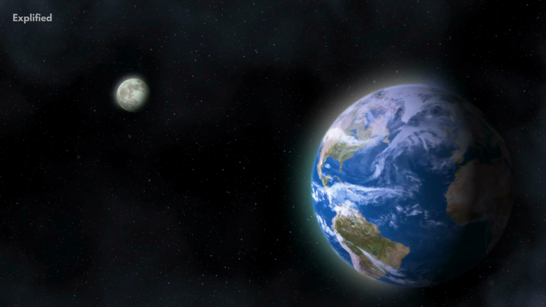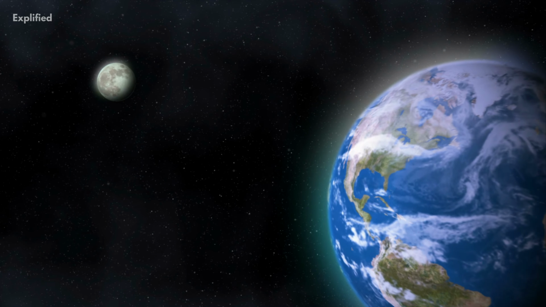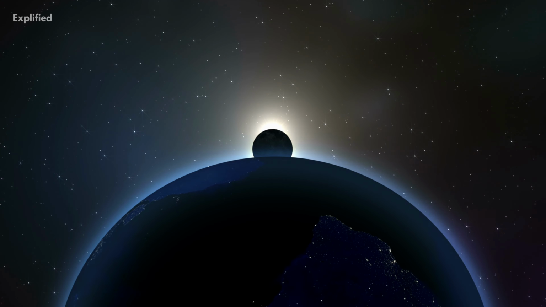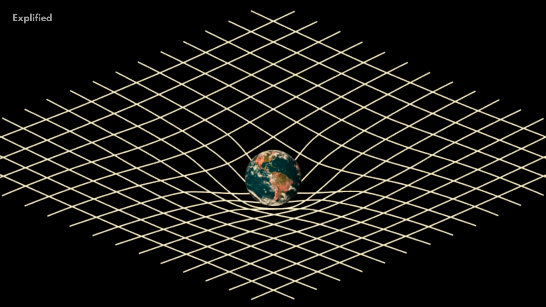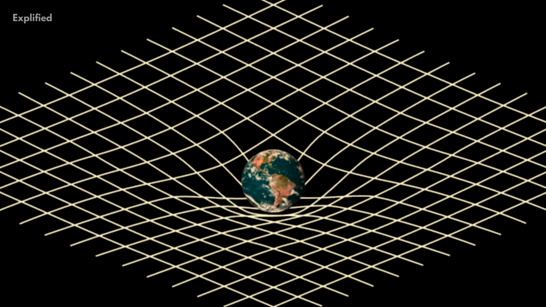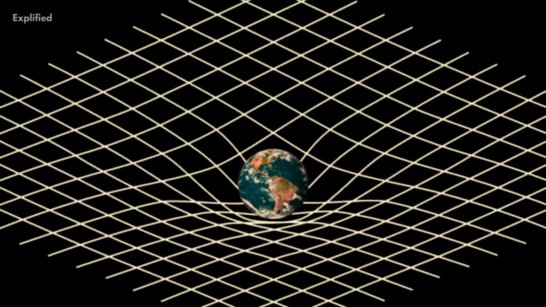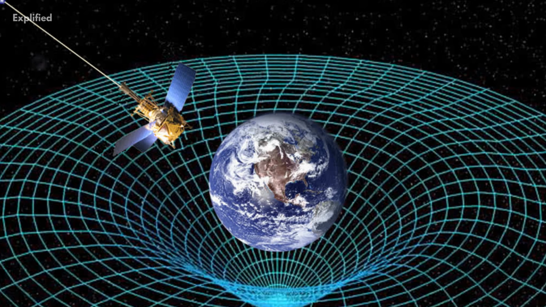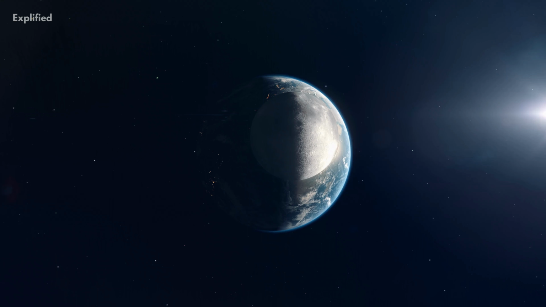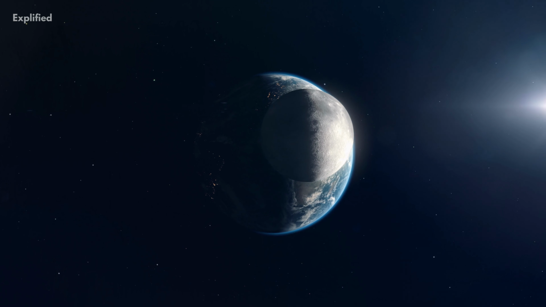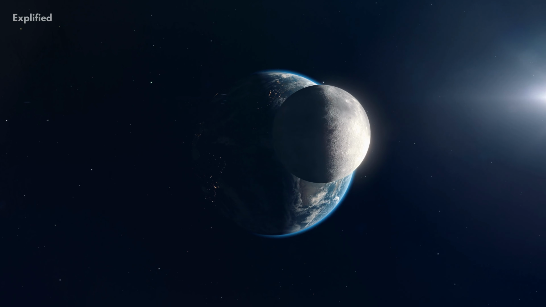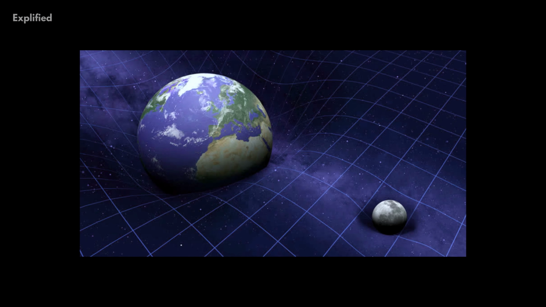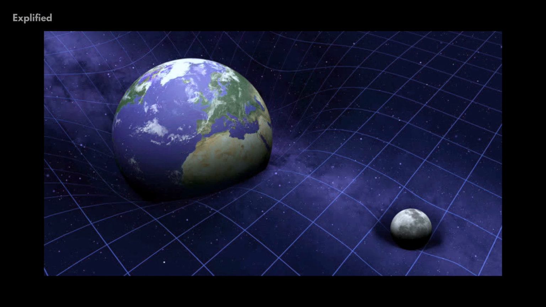To understand this concept a little bit better, we can look at the Earth and the Moon. We know that the Earth is a lot bigger than the Moon and has a greater mass. Therefore, it can be referred to as the bowling ball which bends our spacetime fabric. We know that the Moon orbits our planet, and now due to the warp created by our planet, it travels along the bend. There is no actual force that is pulling the Moon to our Earth. It's just a distortion in our spacetime fabric causing the Moon to follow a certain path.